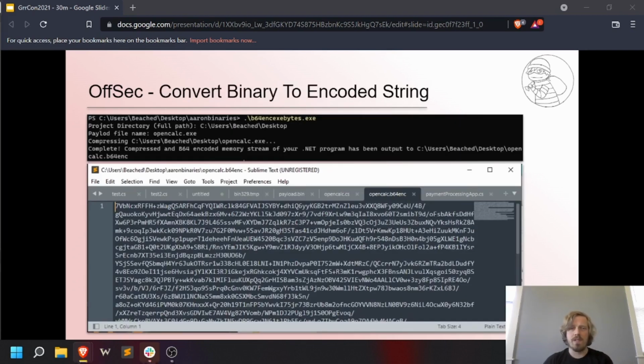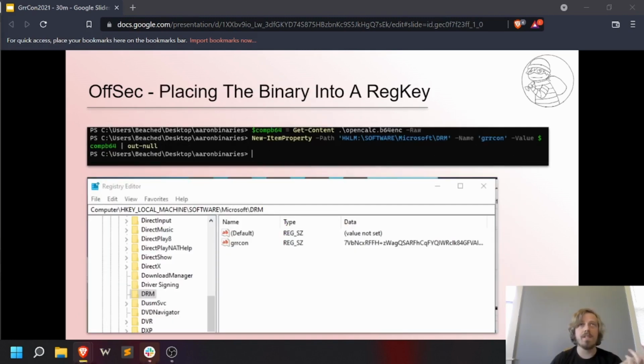Next, the report says the final payload is stored in the registry key. So I need to serialize our payload and store it as a string in the registry. Here I've converted the binary into a byte array, compressed and base64 encoded that. And this is how we will load that string into the relevant registry key mentioned in the report.